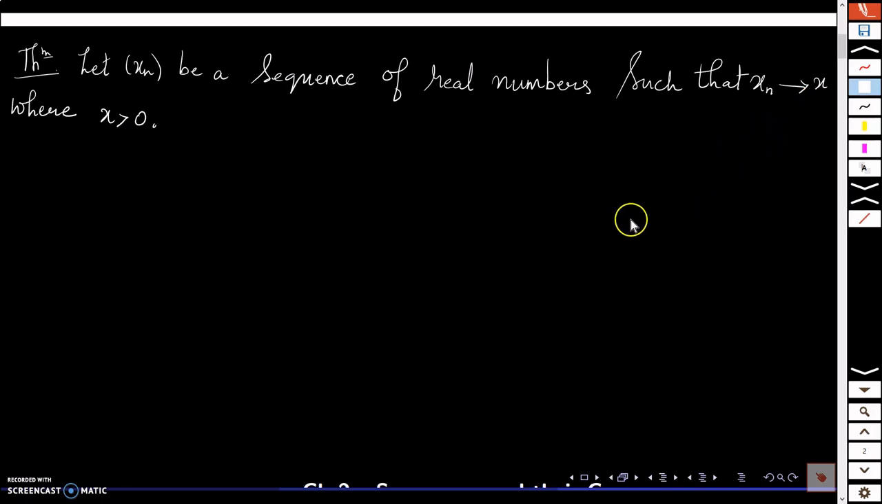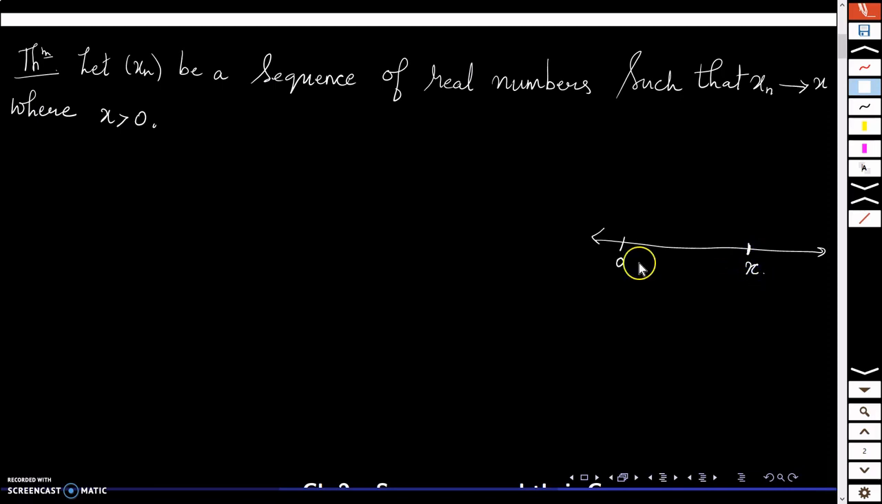Okay, so let me geometrically just draw this in. Let's see what we are expecting in the result. So supposing this is my, I'll just draw it again. Supposing this is my real line and I have the 0 is here, and all the terms of the sequence will be somewhere on the real line, but I know that the limit x is positive, so it will be somewhere here,